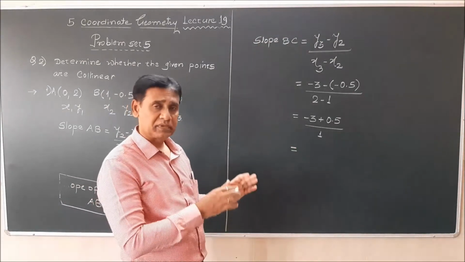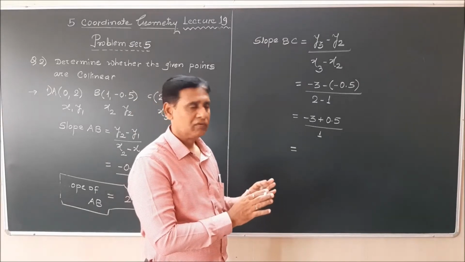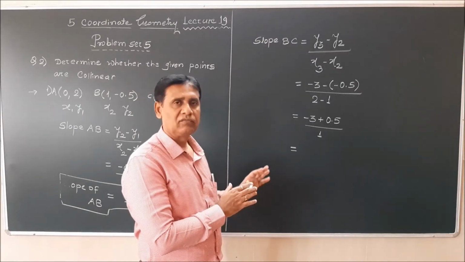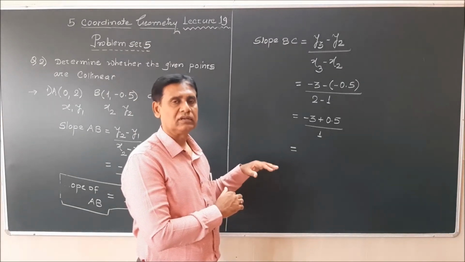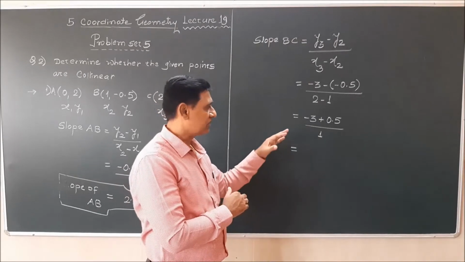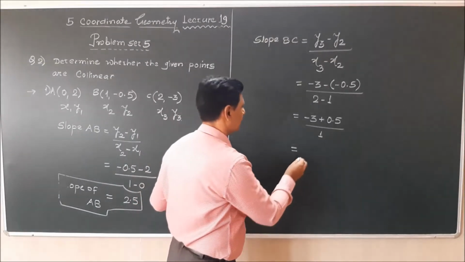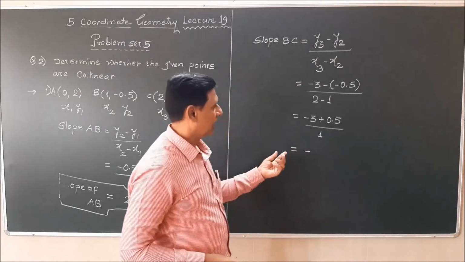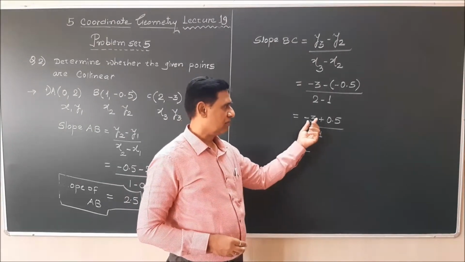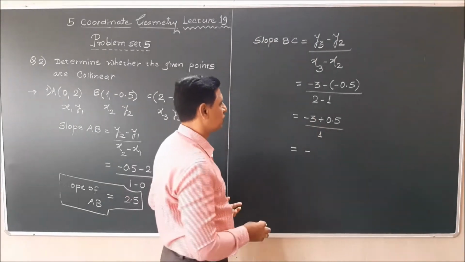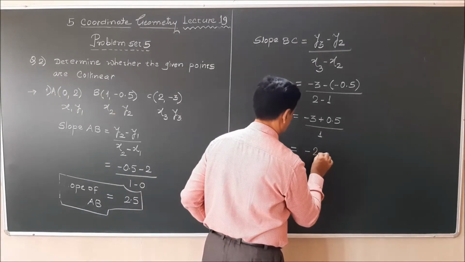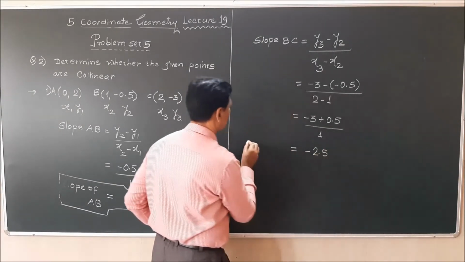So we always subtract the smaller number from the greater number and we put the sign of the greater number. So the sign for the answer is of course minus, and 3.0 minus 0.5 will be 2.5. This is